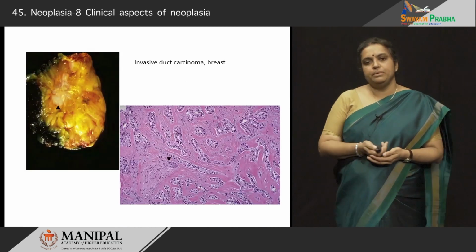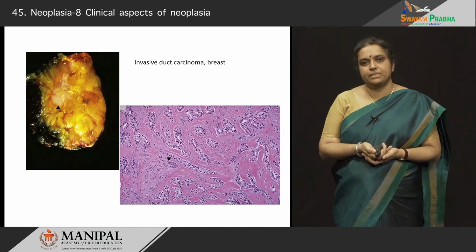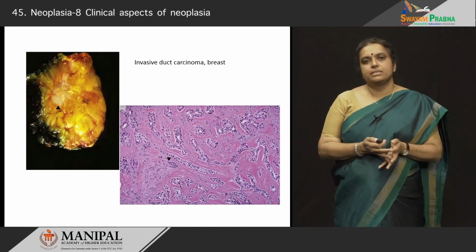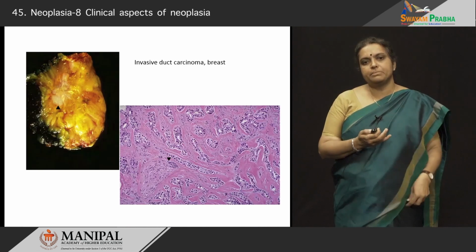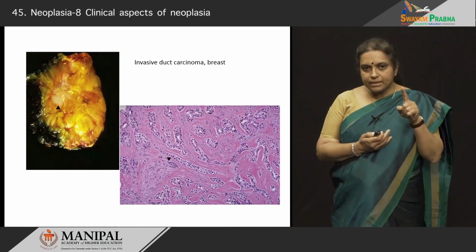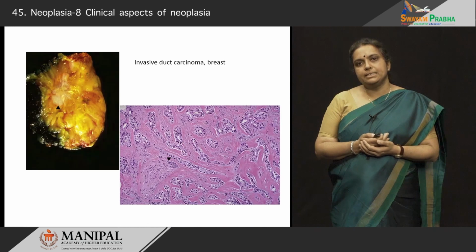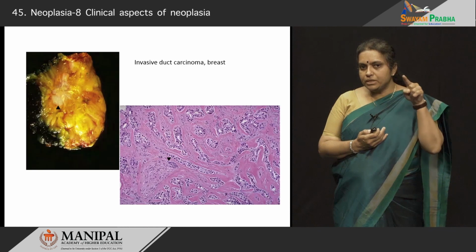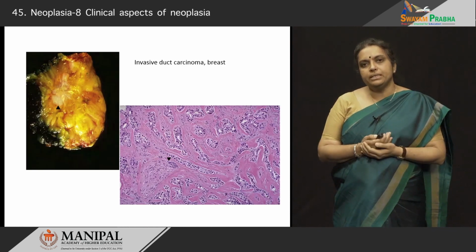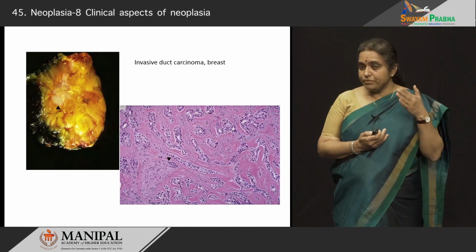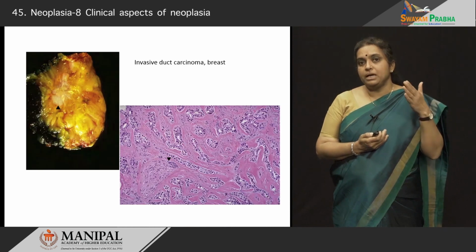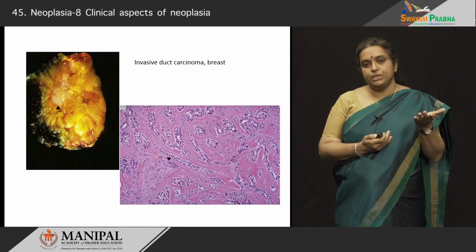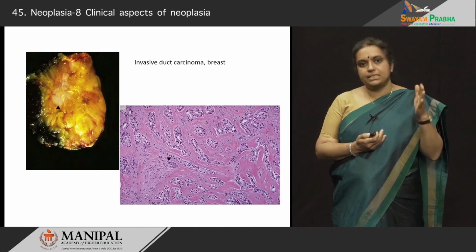Now, this is just an example to show you some of the common specimens that we receive in the pathology lab. You see the gross specimen there, it is an excision of a breast lump that has been done, and you see a white area there on the left upper side, and that is an irregular growth that is seen. And you notice that the surgeon has removed a lot of normal tissue around it. The reason being, when you do an excision, you have to give adequate margins around it, so that you are sure that you have removed the entire tumor, and the pathologist then says whether the margins